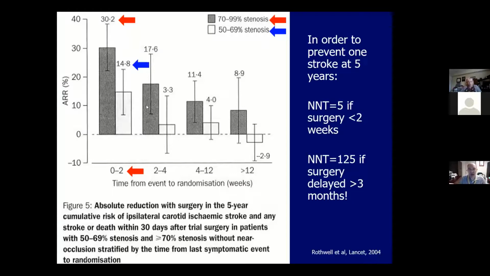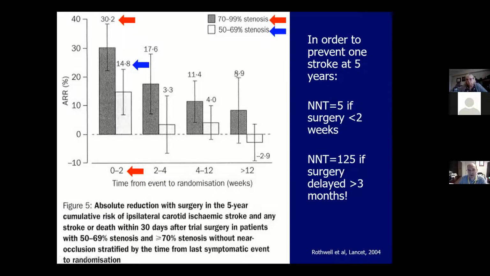dead. And so if you're waiting until like 3 months or more to get to these patients, most of the people that have lived that long, you know, if they were going to have a stroke, they would have had it. So the number to treat is like 11. There's still a chance between 3 and 6 months that somebody with a high-grade stenosis will have a stroke, but you have to operate on 11 people to prevent 1 stroke. The way you calculate number to treat is you multiply by the absolute risk reduction, so 11 times 9 is